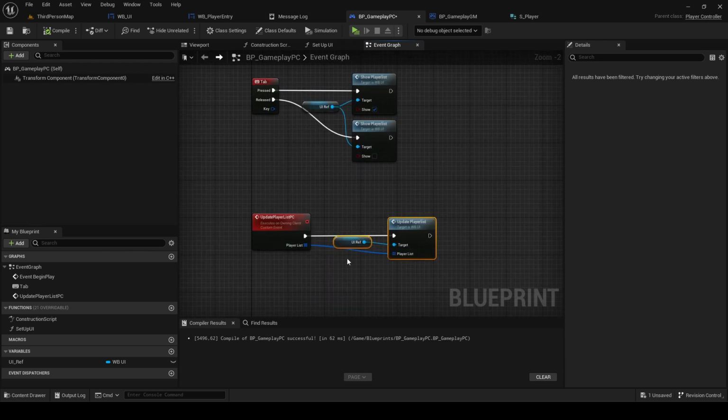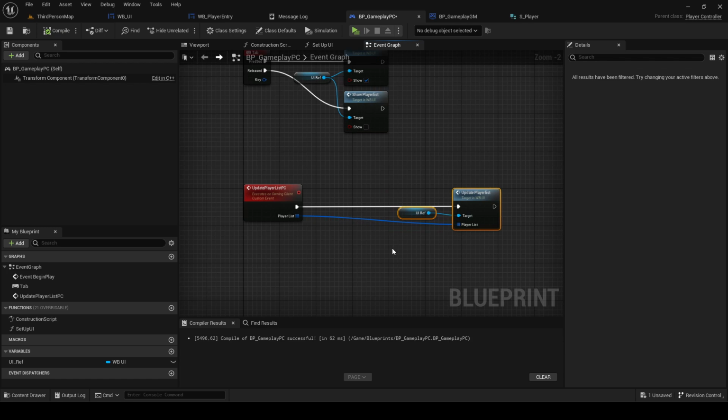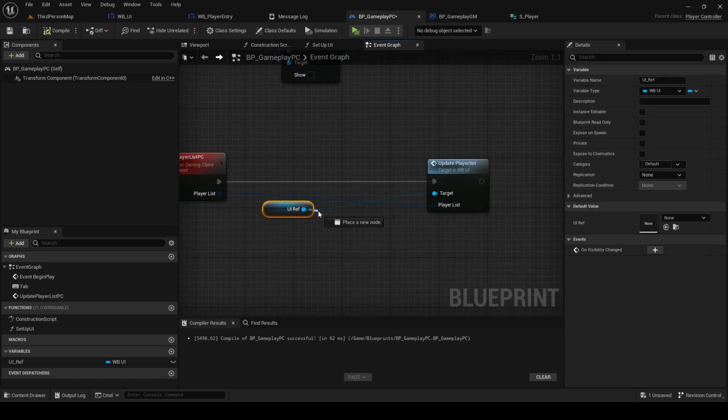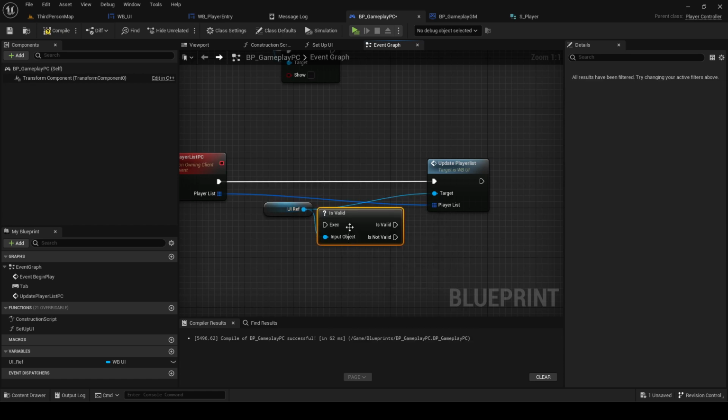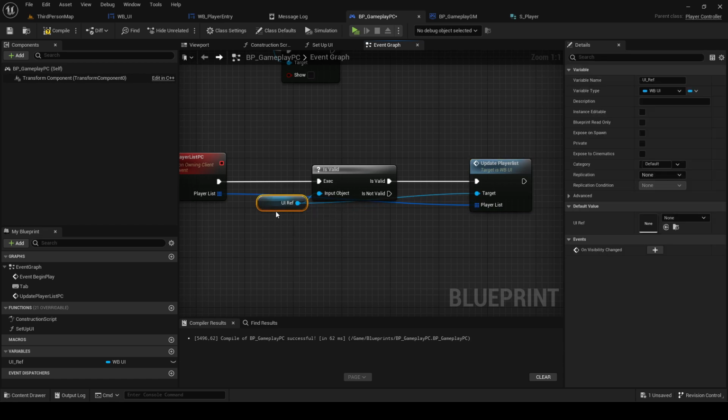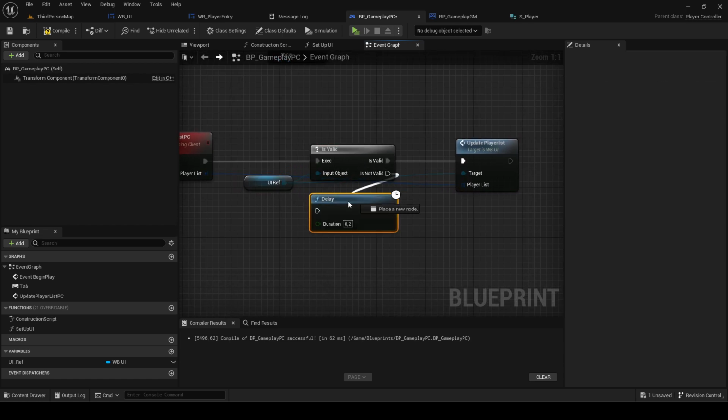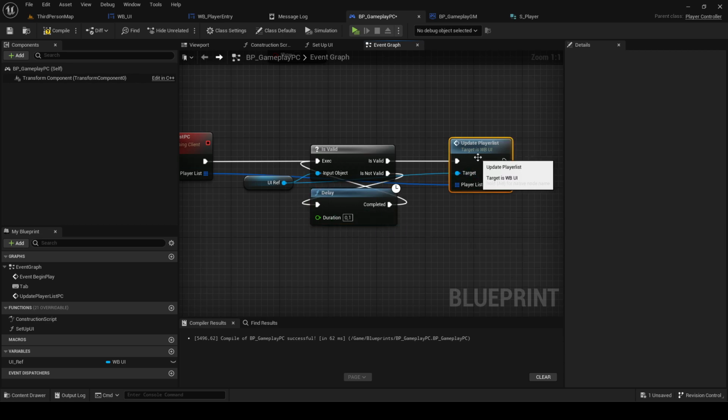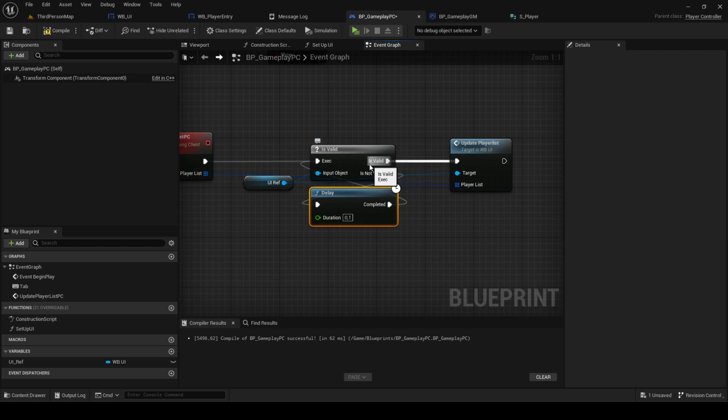So this really happens in the first second, or like in the first milliseconds when you start playing. But there's an easy fix you can do. You can check if this UI ref is valid. If it's valid, then it's fine. And if it's not valid, then we want to go again, maybe doing that after 0.1 seconds, and we'll do it again. And I'm sure after the second or third round here, it will then also be fully set up and valid